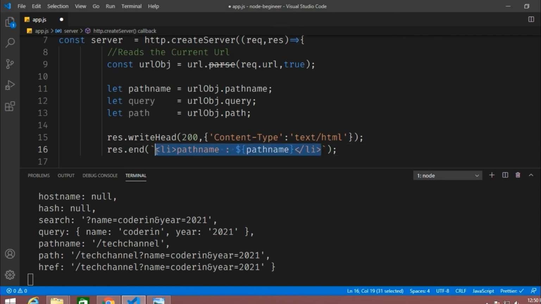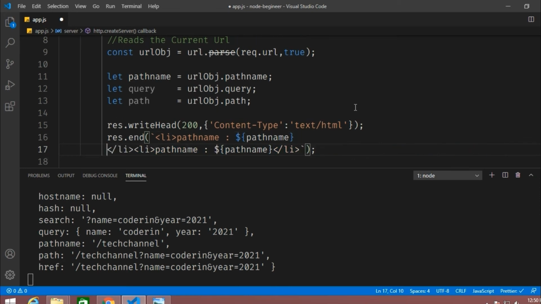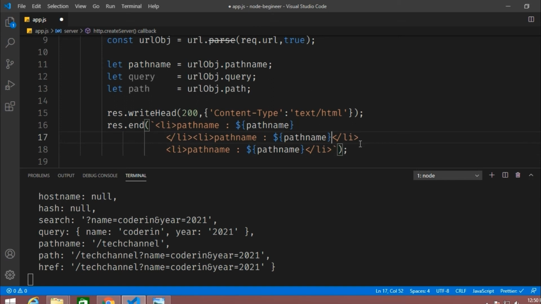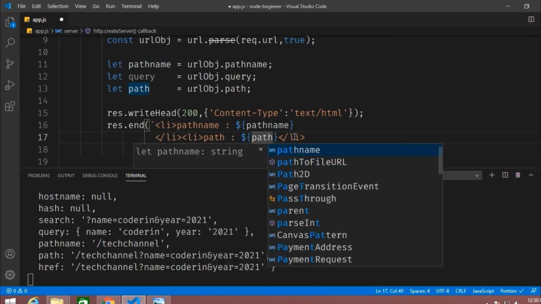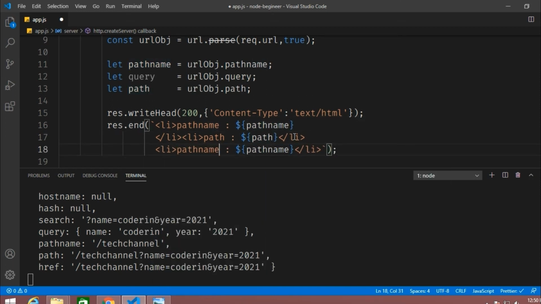Now let me copy the list tags two more times. Okay, this will be the path. This will be the path on which I'm using this thing, right? And this will be the query.